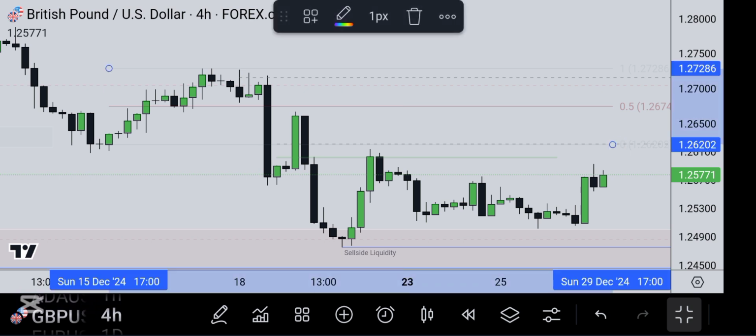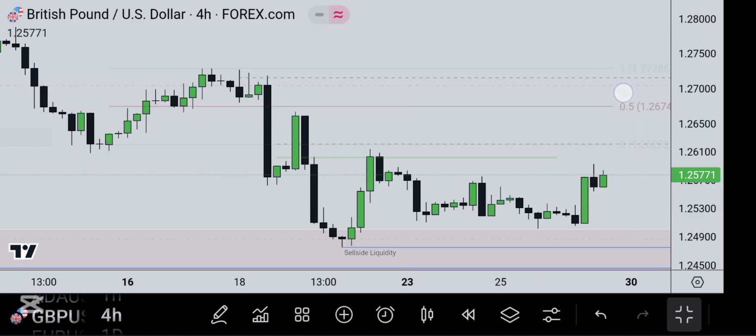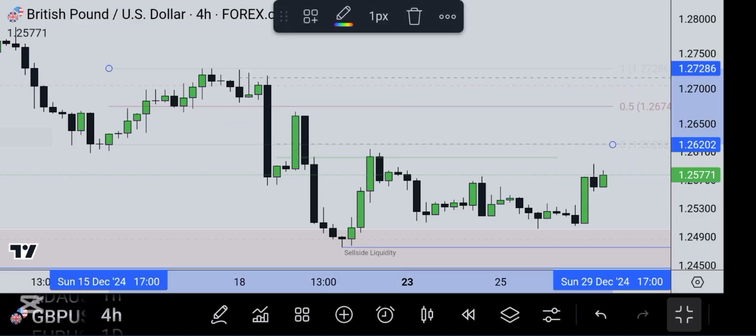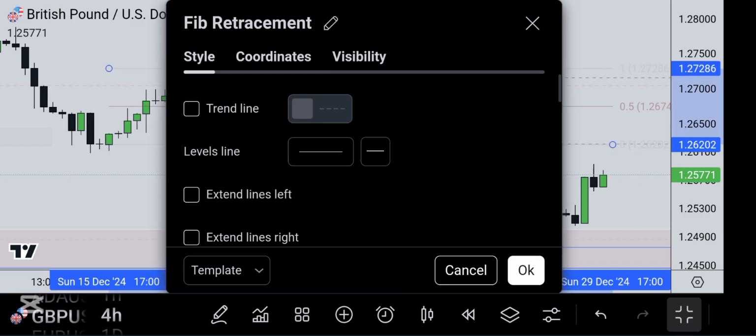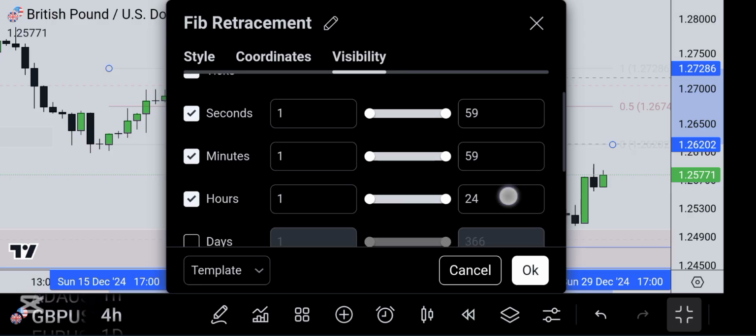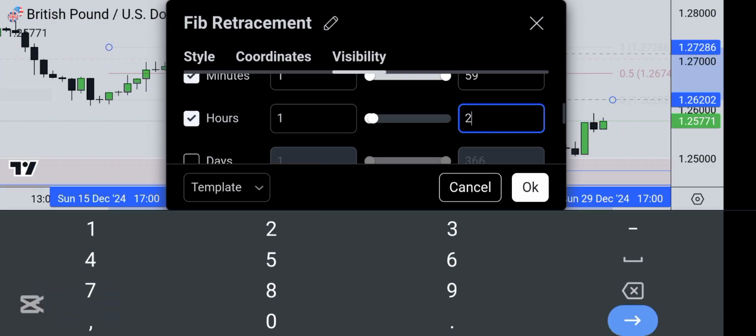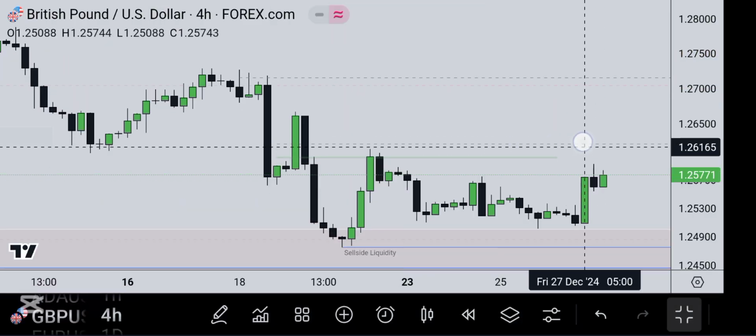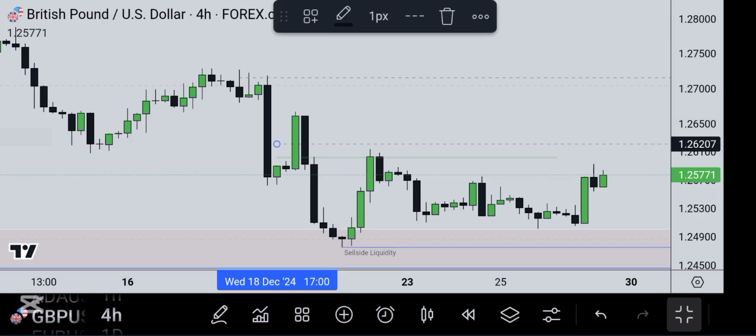Here is that weak cost improvement. This is that Fibonacci. It's really giving me a little bit of a headache here. No, I don't want you to see it here. So let's just do it this way. So this is our week. I told you at 1.26207, you want to see body